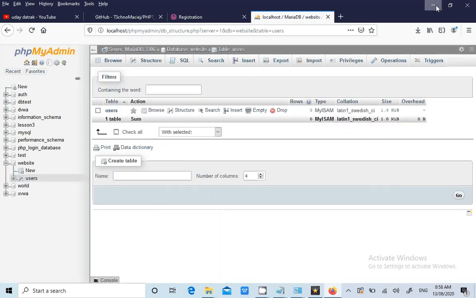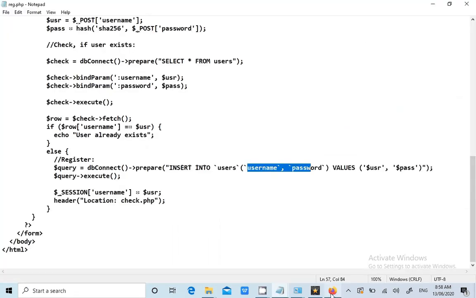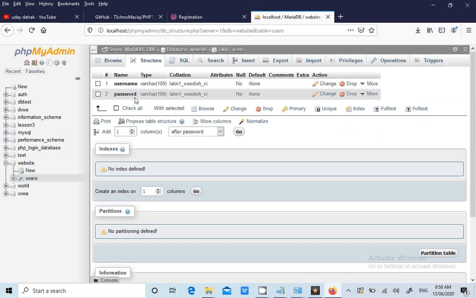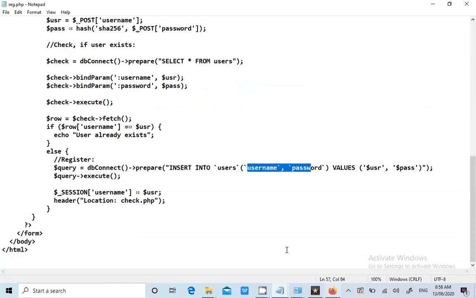Yes, we created it. How can we know whether we created it or not? We can see here the table name and the 2 column names. When you click on the database name, you can select it, first the database name, then the table name, click plus, and you can see the column names. Wow.